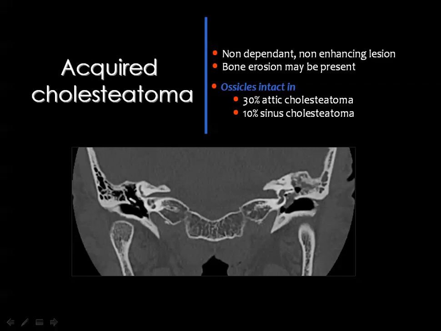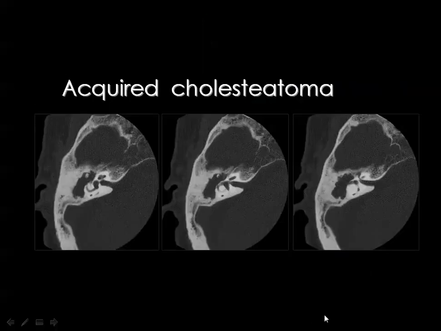And the diagnosis of cholesteatoma depends on the presence of a non-dependent, non-enhancing lesion associated with some erosive changes of the surrounding bones. Ossicles are eroded in 30% of attic cholesteatoma and in 10% of the sinus cholesteatoma. If you look carefully here, you see that the middle ear cavity is expanded, the inner wall is markedly irregular and eroded. There is subtotal destruction of the ossicles, and